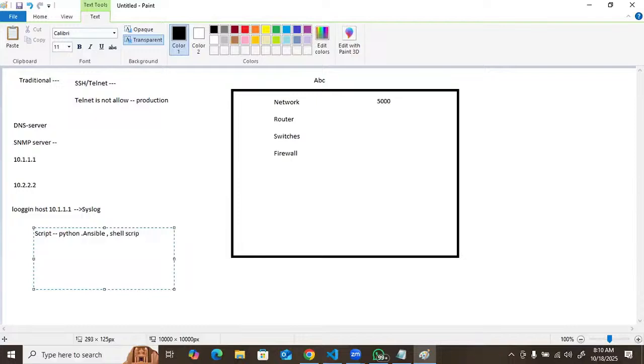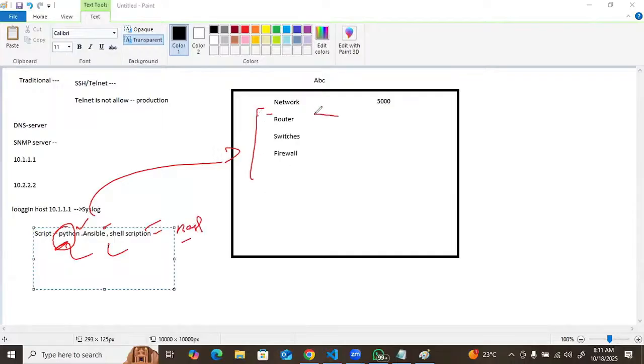You don't need to remember all of them; if you know any one of the technologies, you can interact with the devices. Got it?